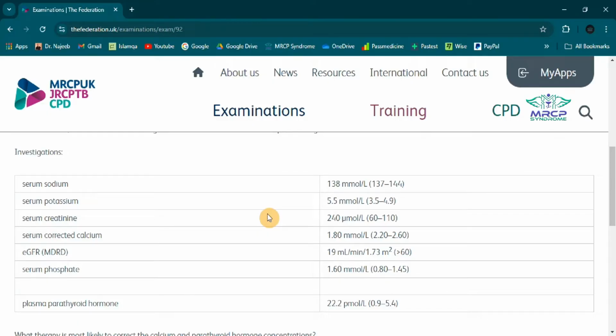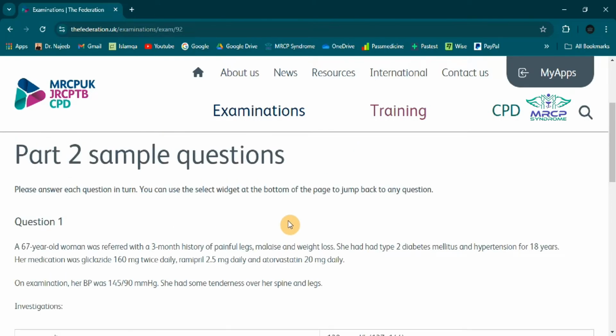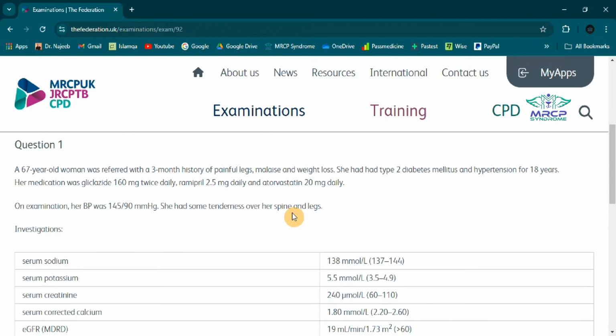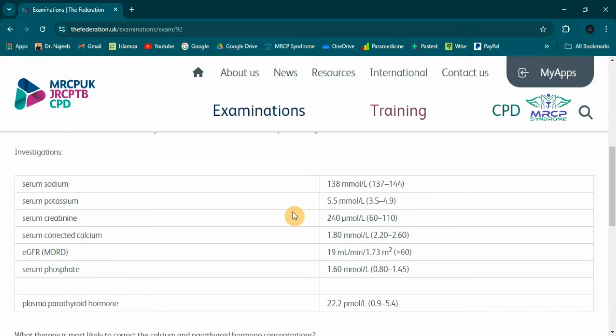So the elevated potassium is likely due to the reduced renal excretion, which is more commonly seen in case of advanced CKD. And this hyperkalemia can also contribute to the malaise as well as the muscle weakness. And the low calcium level is a direct consequence of CKD. The kidneys convert vitamin D into its active form, which is essential for calcium absorption from the gut. And with reduced calcitriol, the calcium level will ultimately drop, and the patient will come up with the features